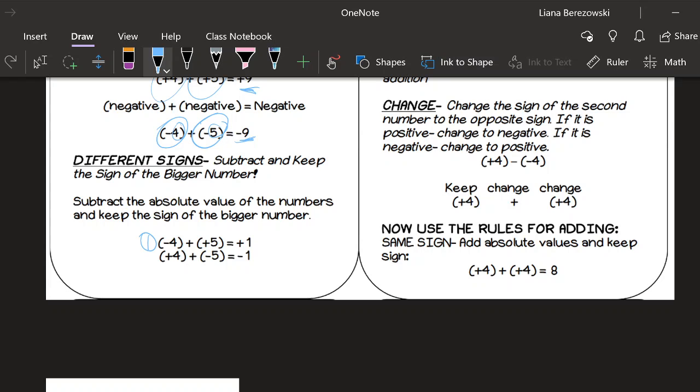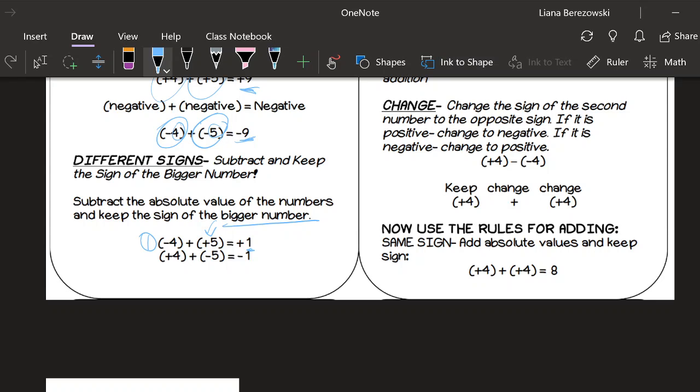So in these problems here, what that looks like is, first problem, you have a negative 4 and you're adding a positive 5. Without a number line, that can be a little bit tricky to do in your head. So what you do is, ignoring the positive and negative signs, just look at the 4 and the 5. What's the difference between 4 and 5? Okay, the difference is going to be 1, right? 5 minus 4 is 1. And your answer is going to be a positive 1 because the bigger number, which is 5, is positive. So keep the sign of the bigger number.